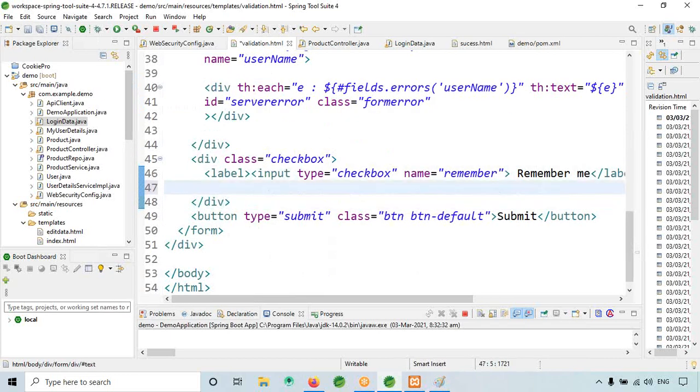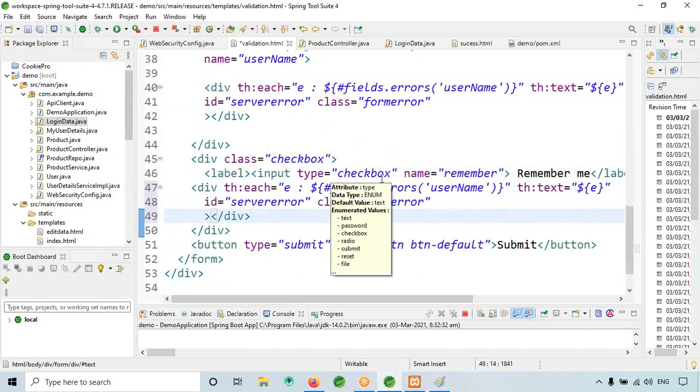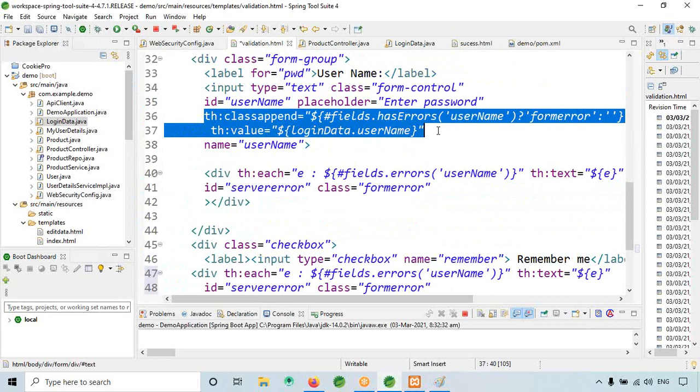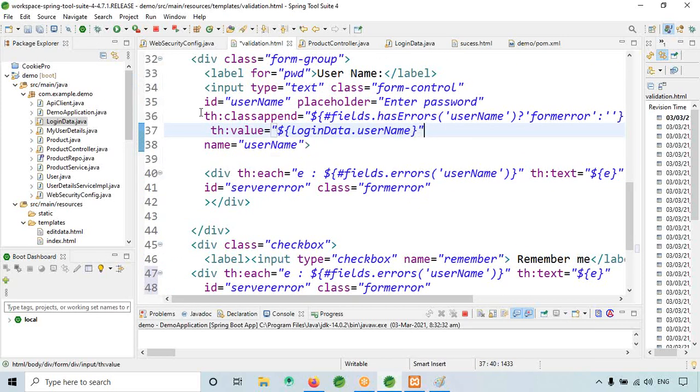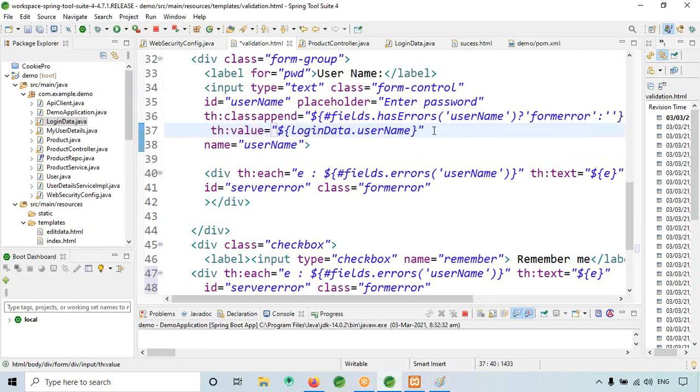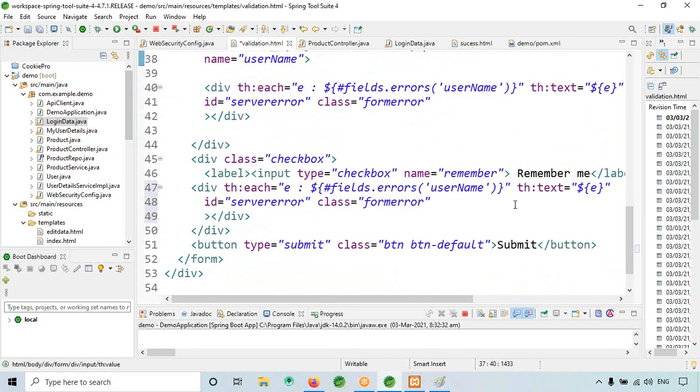Okay, so here I will paste this. Now I will copy this one, and paste here.